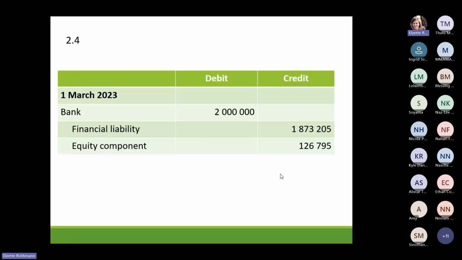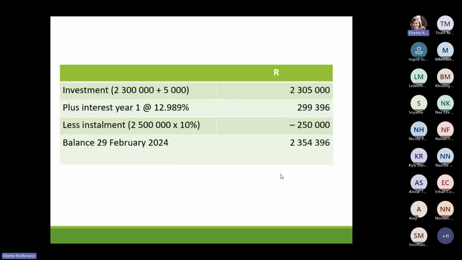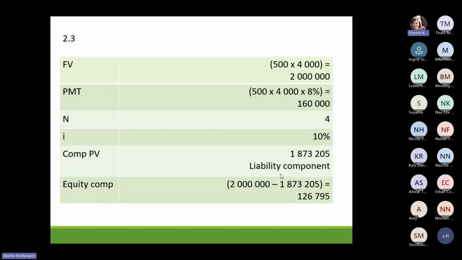Okay, and then on the last day of that year, we will have to calculate interest. Okay, so it's going to be an interest expense because it's interest on that financial liability. And then we credit bank, and the bank that we credit will be the payment of 160,000. Okay, so this you can also get actually on your calculator. So if you fill in this, what we had in 2.3,